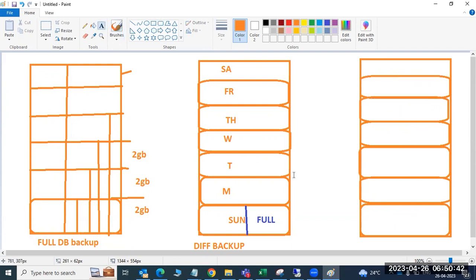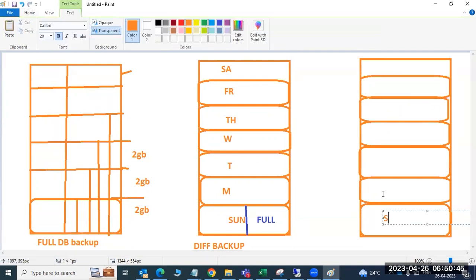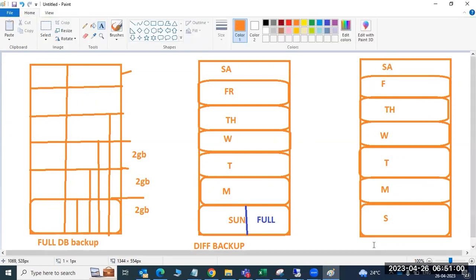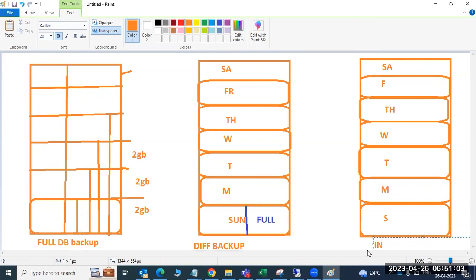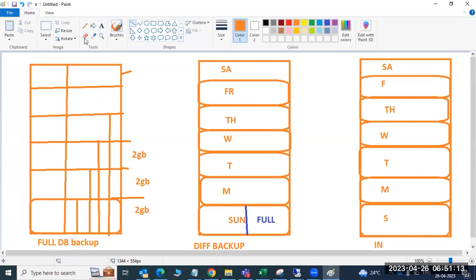These are the backups here, right? So Sunday, Monday, Tuesday, Wednesday, Thursday, Friday, and Saturday. So it's called the incremental backup. Okay, incremental backup. So this two, this is the full backup. Now we got it. This is also full backup. We got it. So now for the differential backup and incremental backup,